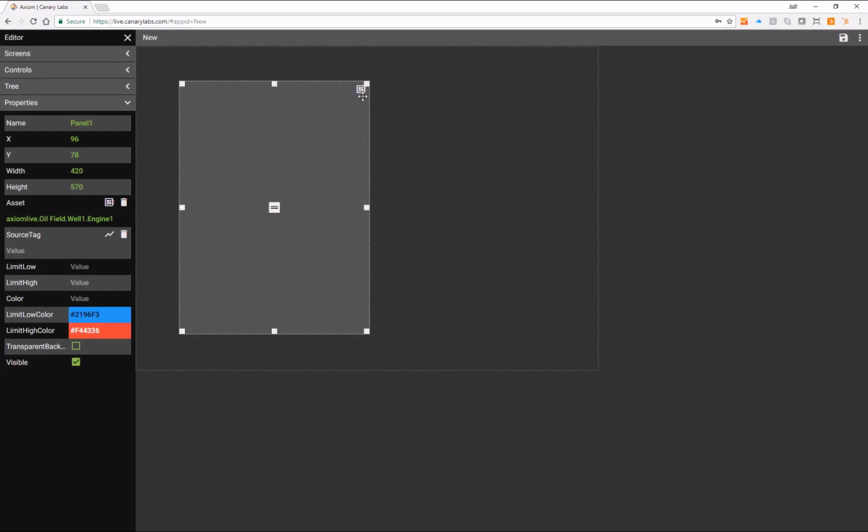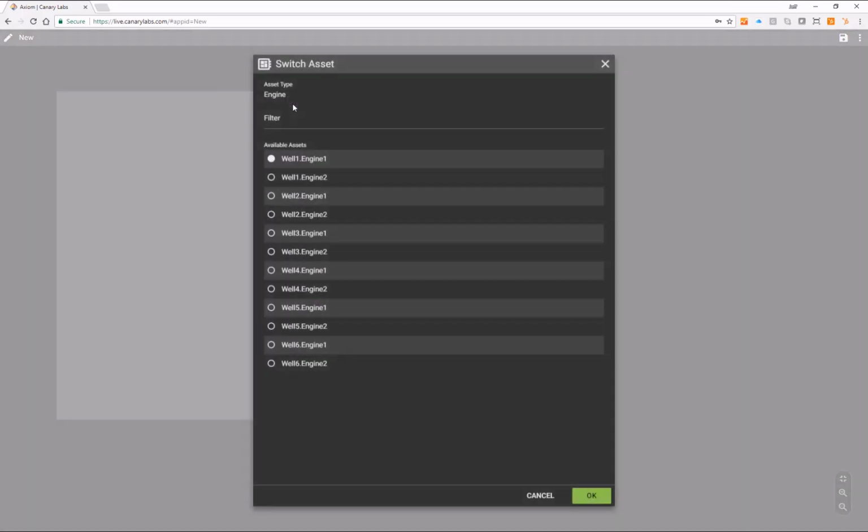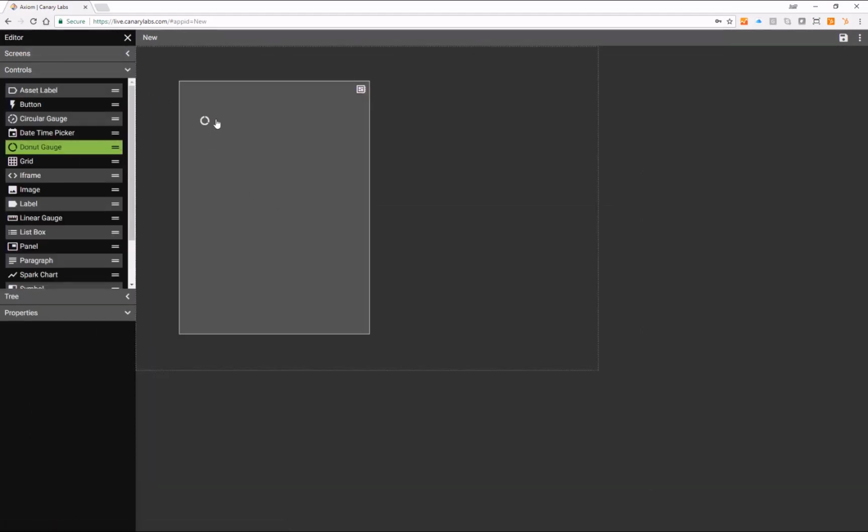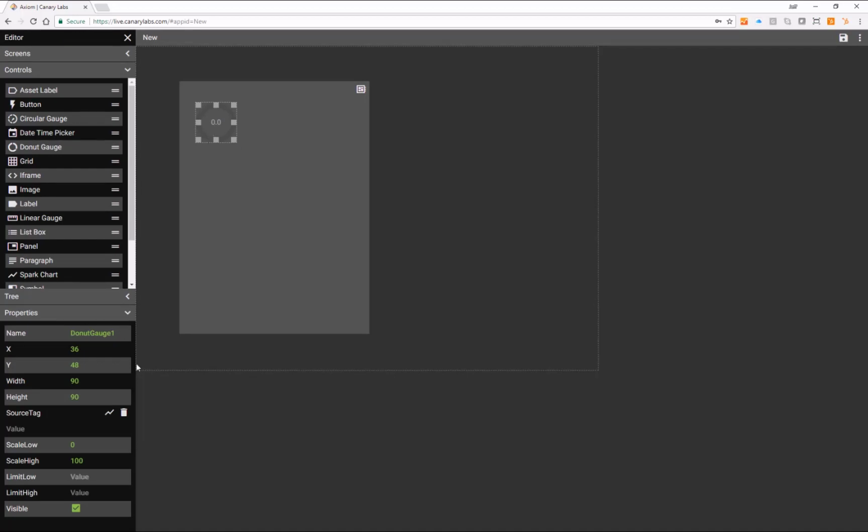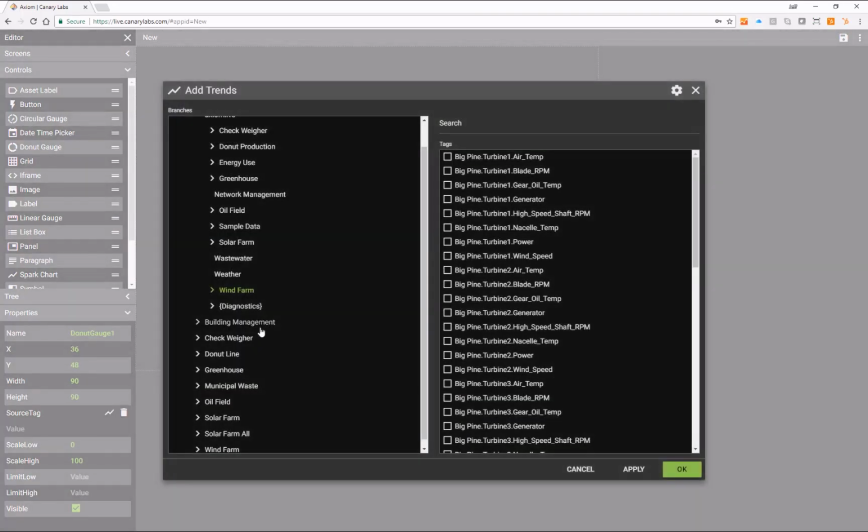The asset icon now appears, and any control placed onto this panel will be able to be toggled between multiple assets. For instance, out of edit mode, when a user clicks on the asset model, they'll be presented with the option to load any of these assets onto that panel. That means that any linear gauge, for example, or donut gauge, or trend graph that has been linked to an asset,